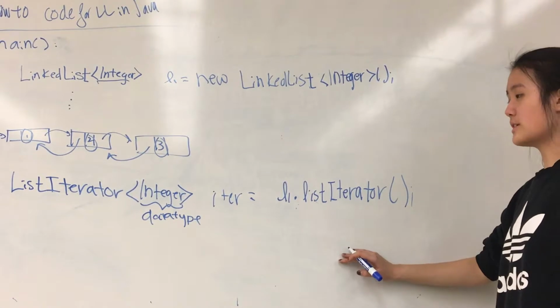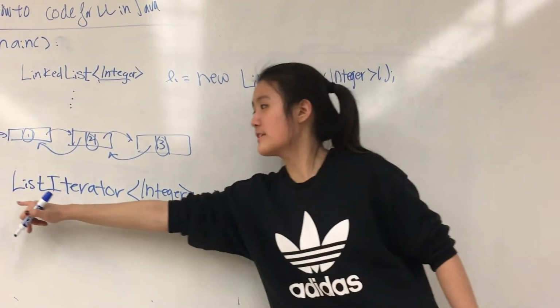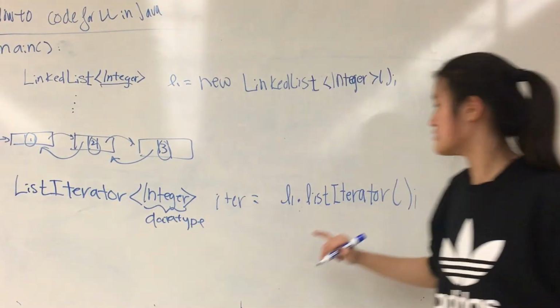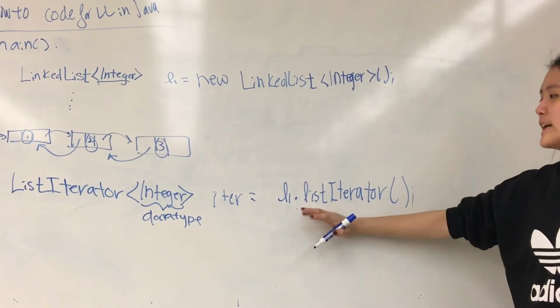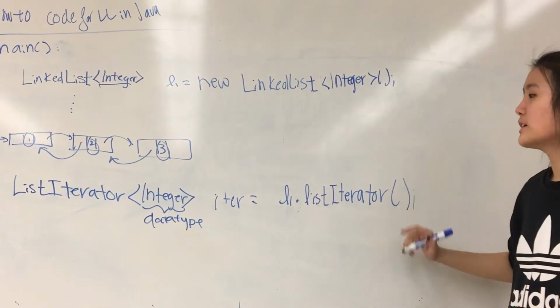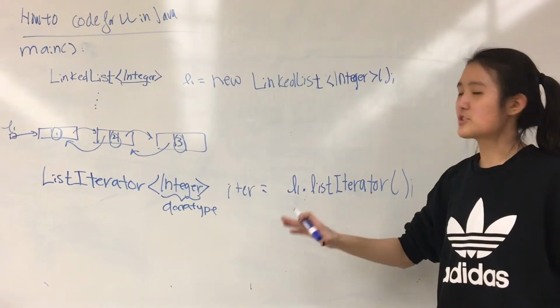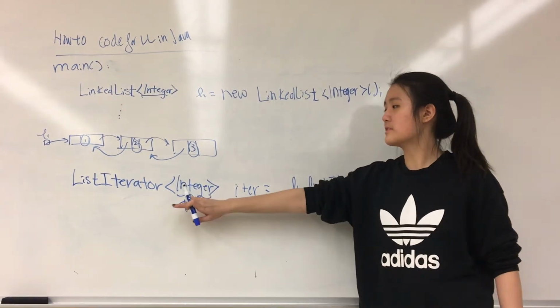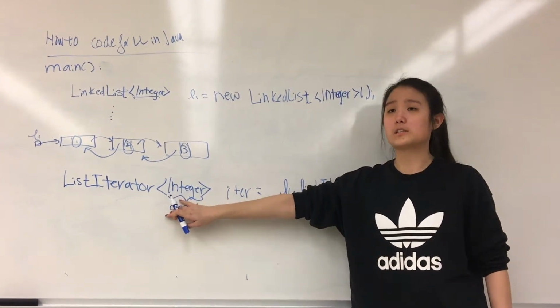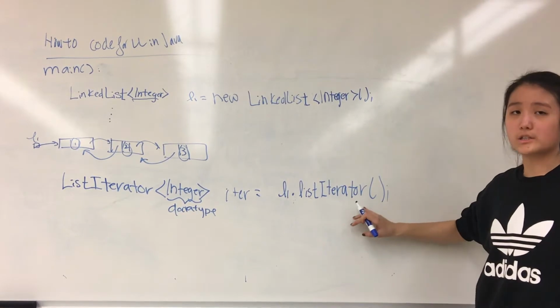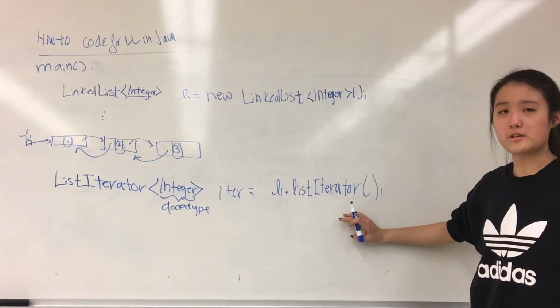I want you to also notice that even though you capitalize the L in ListIterator here, you do not do so here. That's a small little thing. And it seems like, as I was checking the JavaDoc, you have to declare the data type of each element here,